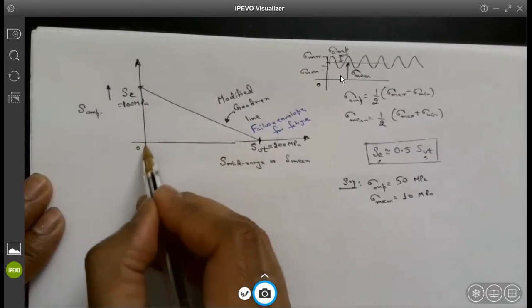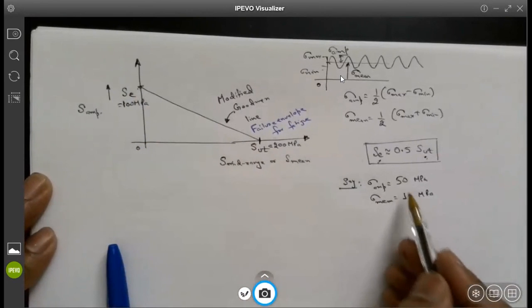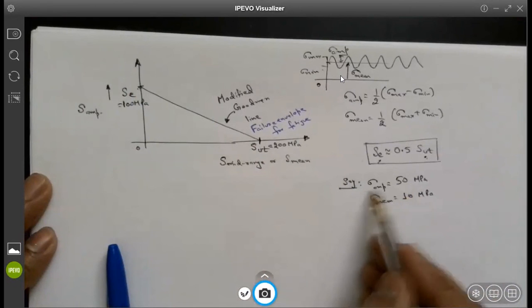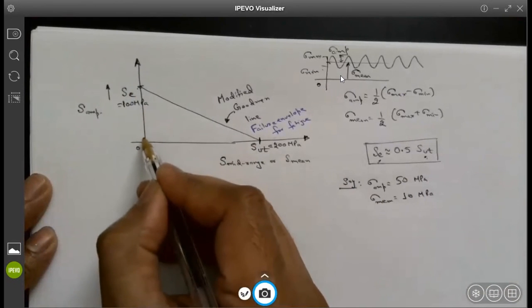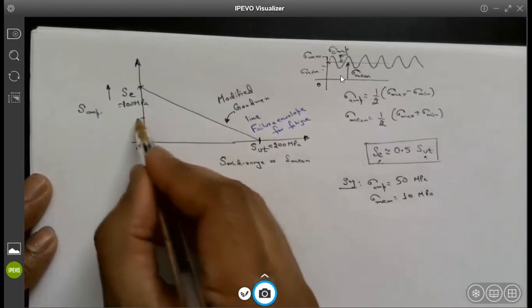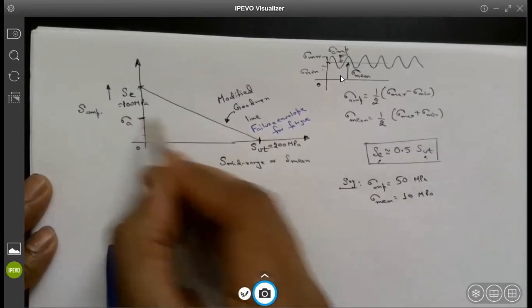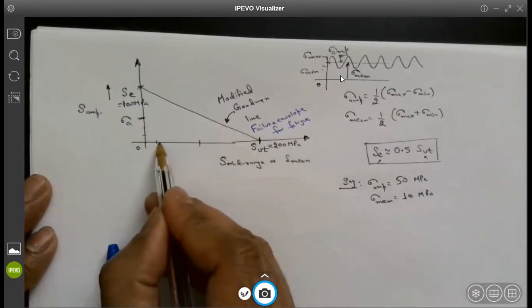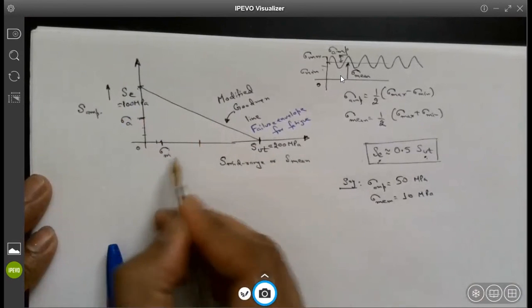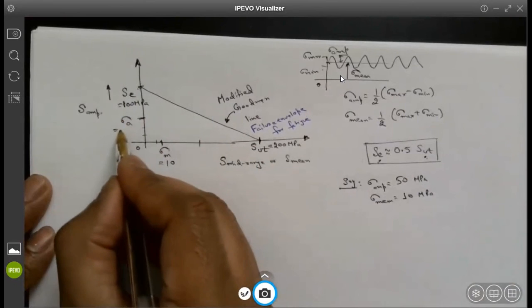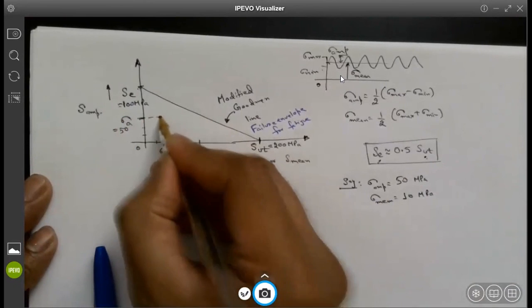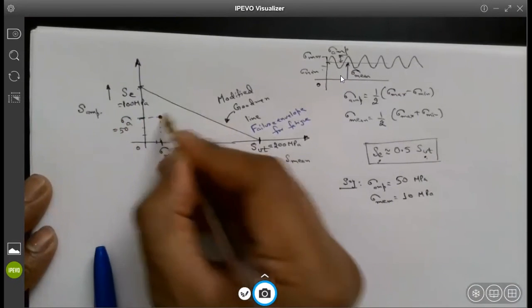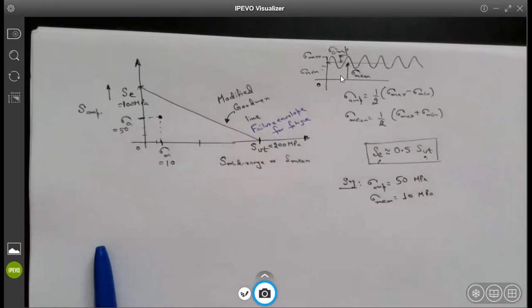This is 0, 0 here. If you have to plot sigma amplitude and sigma mean, how will you plot that? The amplitude component goes on the y-axis, so approximately half, this is your 50. This is your sigma A, and the mean component goes on the x-axis. So 100 here, and approximately sigma mean is here. This is 10 and this is 50. This is the point you actually plot on this figure. Is that making sense to you guys so far? Yes.